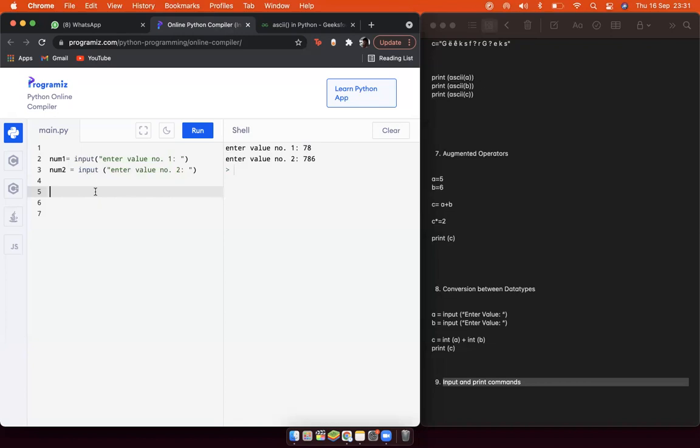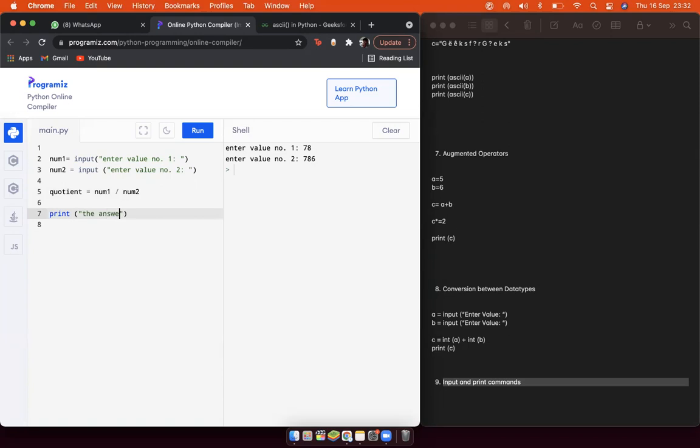So let's take the example again that this question is asking. There's this question that's asking you to find the quotient. What does quotient mean? It means the answer after you divide both values. So, normal maths. That's what a quotient is. So I'll write a new variable, quotient equals num1 divided by num2, and then I'll print out the quotient.